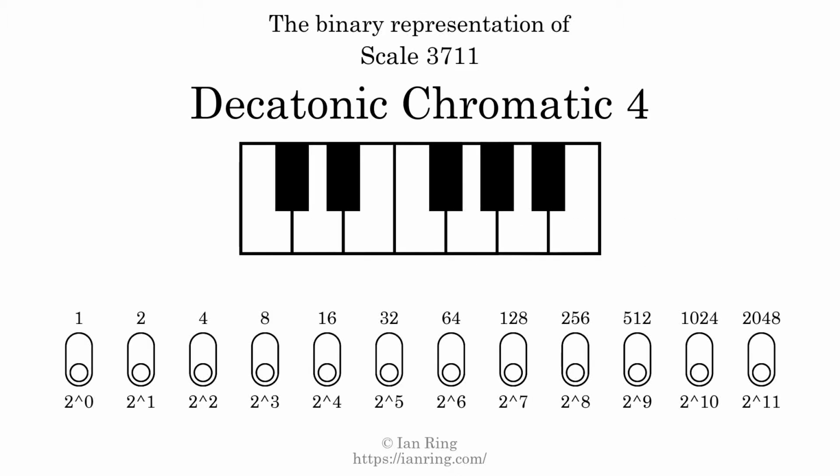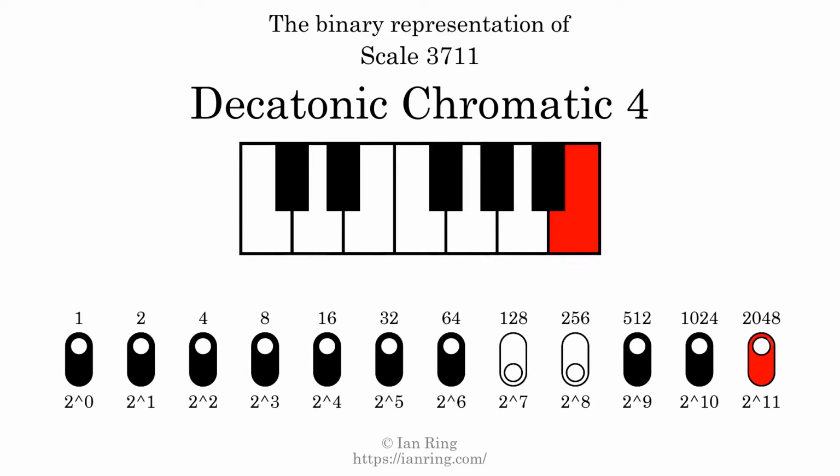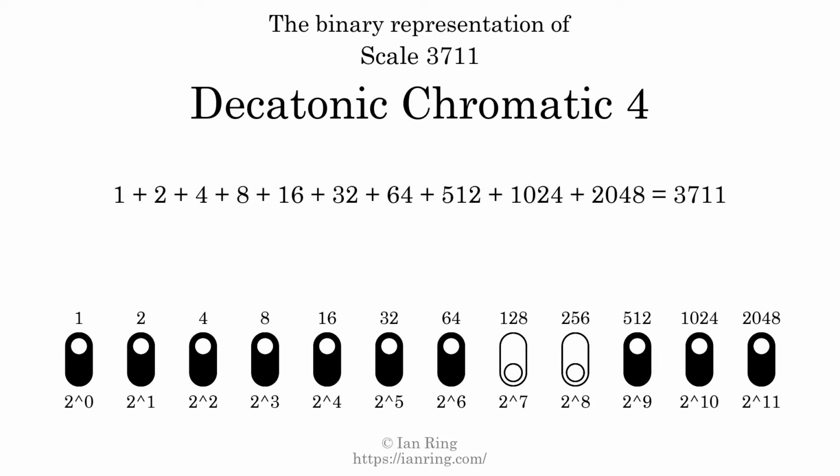The binary representation of this scale is determined by mapping tones of the scale to binary digits. Each binary digit represents a power of 2. To get the scale number, we add the powers of 2 together. The powers of 2 that are present in the scale, all added together, equals 3711. That is why the scale number, in decimal, is